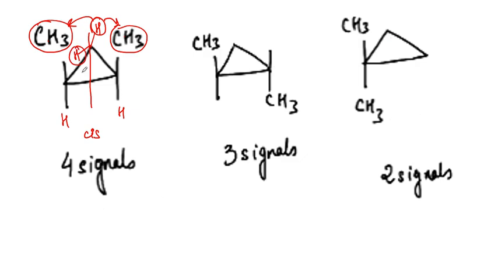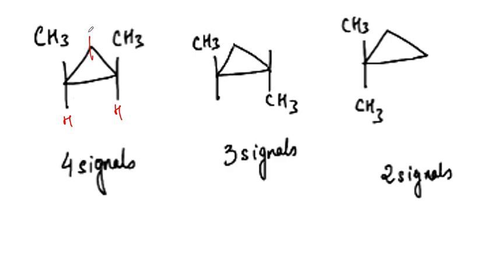However, this proton is in the close proximity of the hydrogens, right? So how many different signals are we going to have? Let me write: for the protons, it is going to be A over here, B over here, C and D. So we are going to have 4 signals for the protons, right?